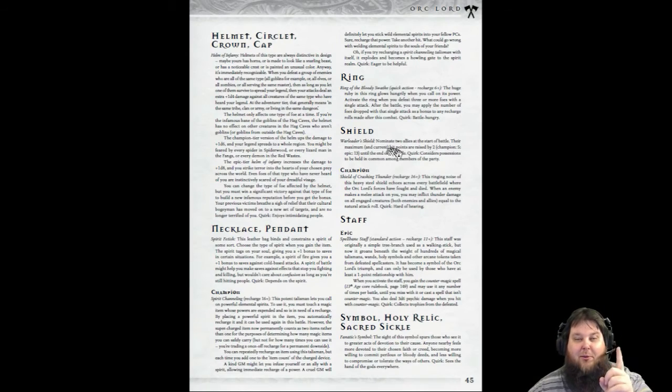Here's another great one right here. I love this. A champion tier shield, level 5, 6, or 7. It's called the Shield of Crushing Thunder. This shield rings out noises of crushing thunder everywhere. And the quirk is now you're hard of hearing. So you'd be all over the place. That would be some pretty good role play,